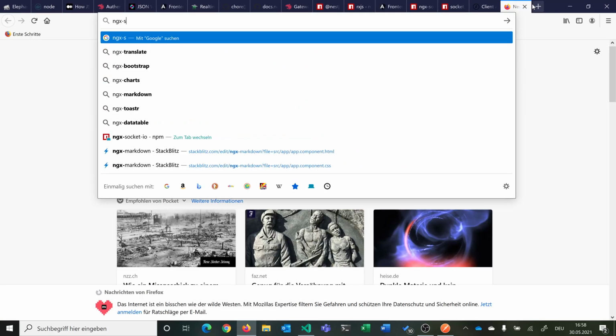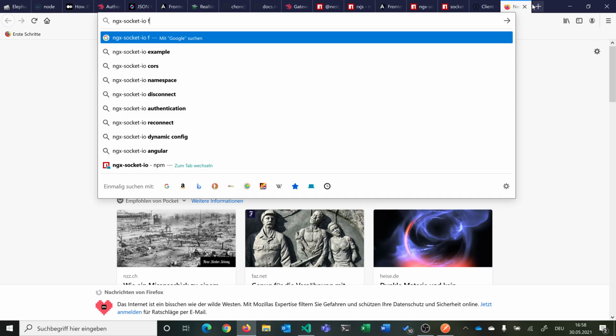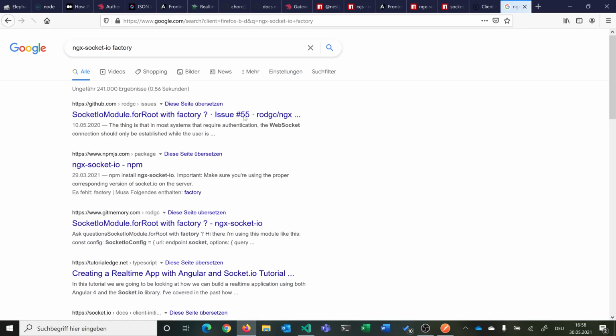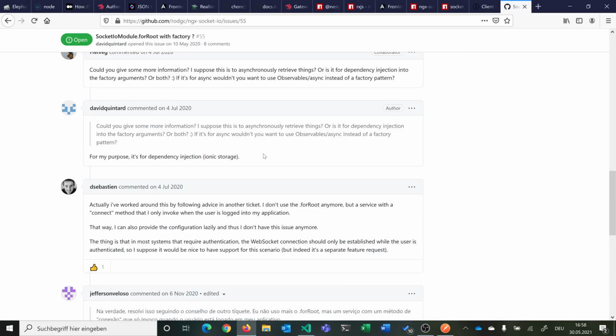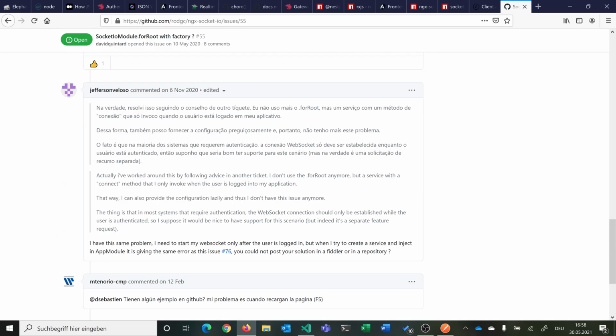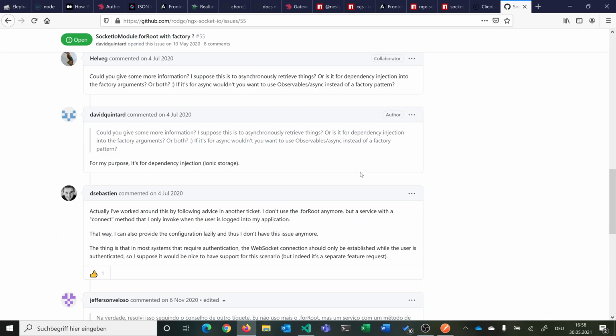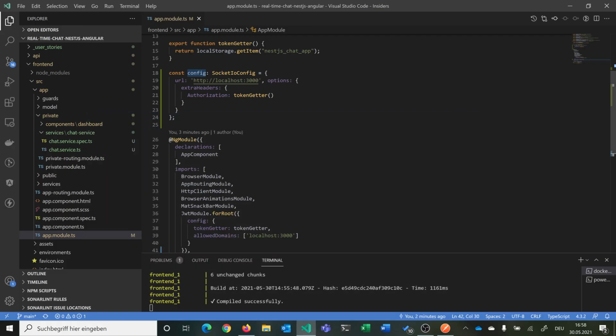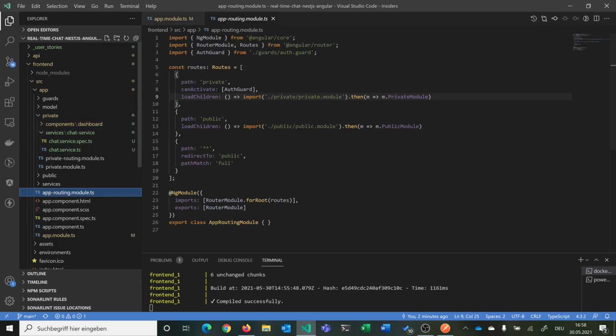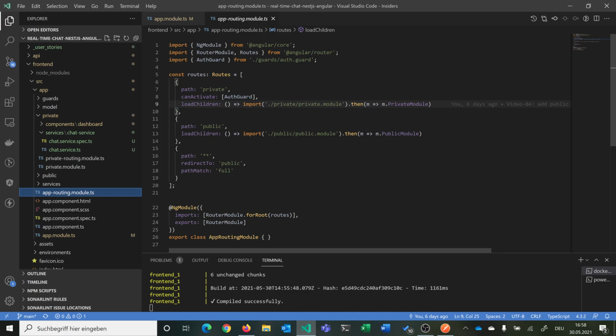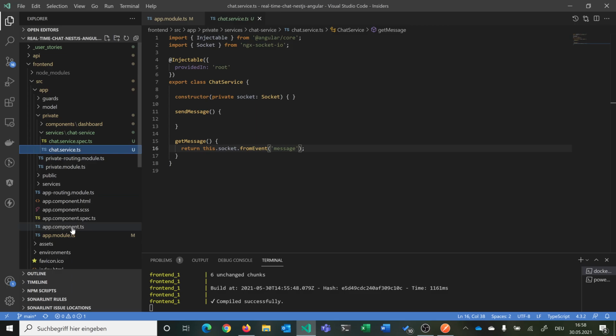So we can say ngx socket io factory. If we can then inject something, but this doesn't seem like it. So what we probably can do is refactor everything a bit, because we just want to call this in our private module, which is protected by our authentication guard. So you can only access it if you have a valid JWT. So for example, we can,